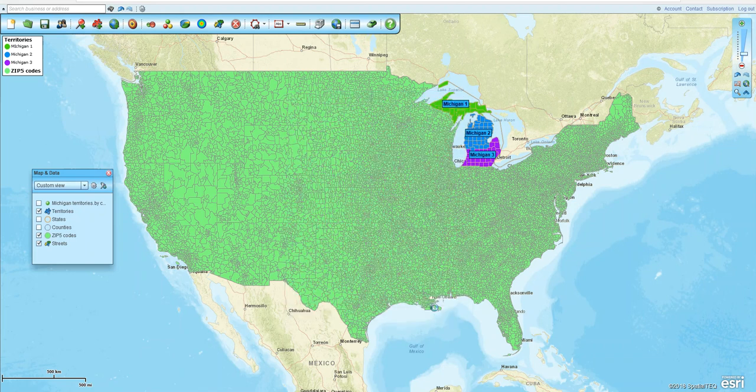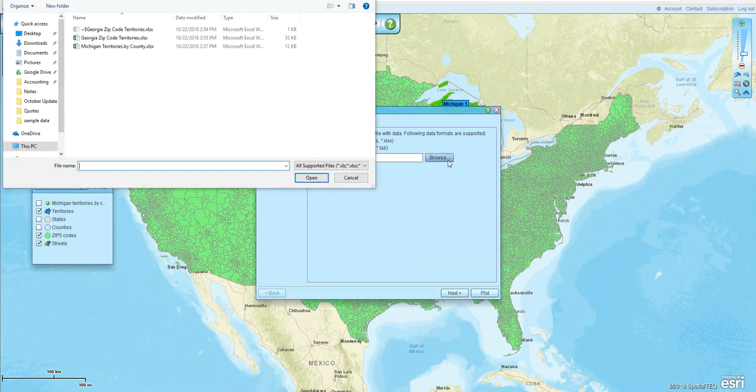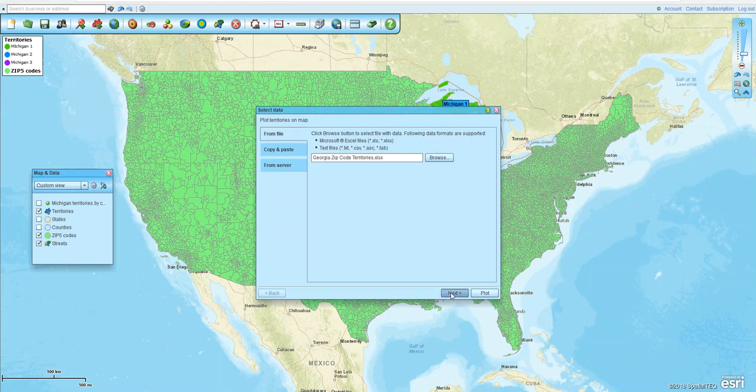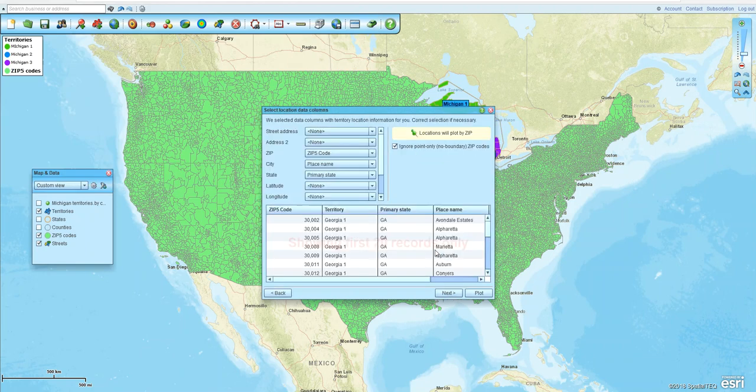I'm going to go next to plotting data, and I'm going to pull in my second example. In this case, I'm going to do Georgia zip code territories. Because I have the proper headers, the program is able to identify it. If it didn't, then I could tell it which column was my zip code. Over here on the right hand side is something important, and that's a box that you can check for ignoring